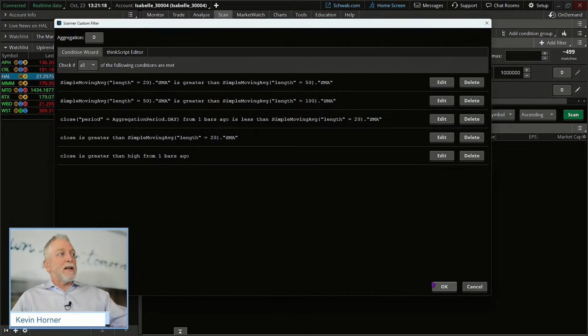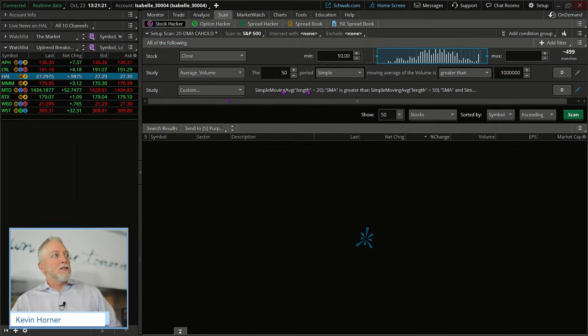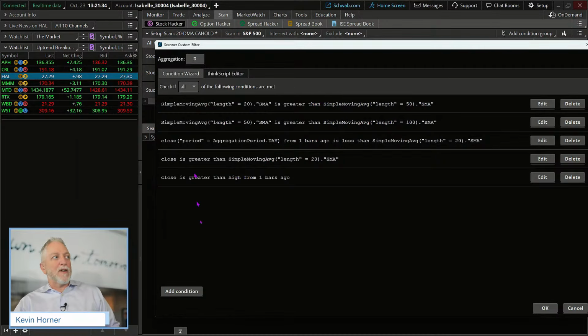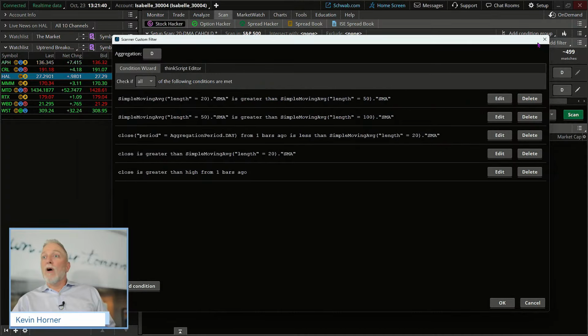Now, I'm going to go ahead and save all of that. So that's just my basic detail right here, the study. Instead of having 10 layers here, I've got them all defined. All of the study customizations I made, they're all defined under the condition wizard, okay? So with this, oh, good question, Jim. What is a bar? The bar is basically the 1 day, okay? So when we say 1 bar ago, we're talking yesterday, okay? If you're talking the current bar, it's the same as a bar equals candle in this regard, okay?